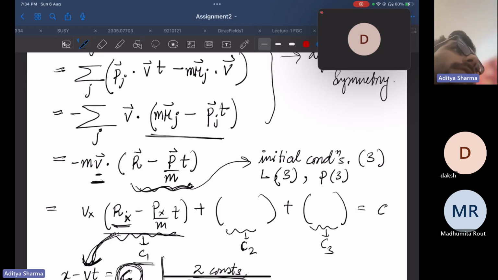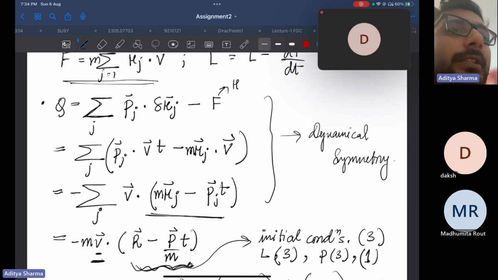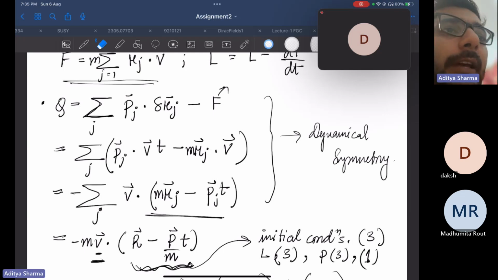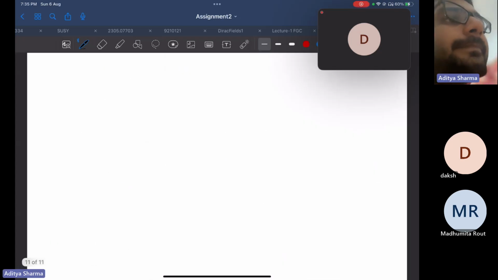And one more thing is there, which is the Hamiltonian. This is due to the time invariance, because the Lagrangian does not have explicit time dependence. By the way, when you find the Hamiltonian, this F will be nothing but L, and this delta R_j will be nothing but R dot. So when you find the Hamiltonian,